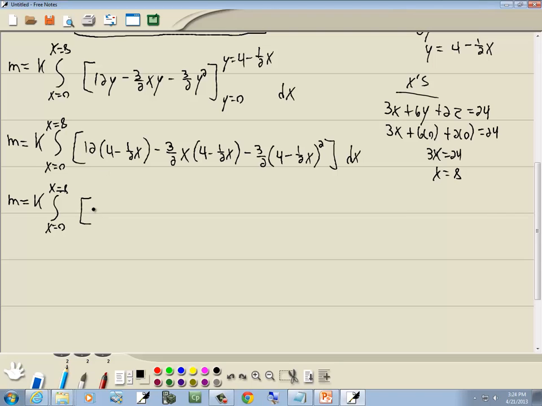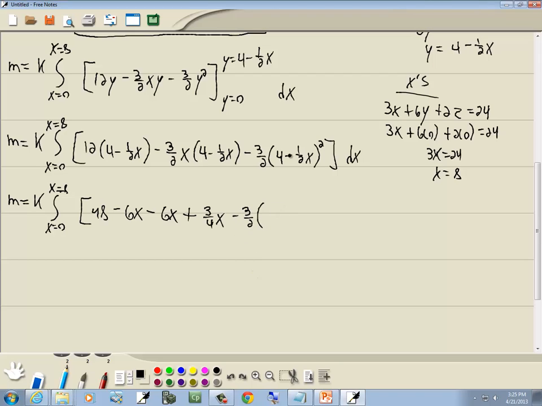And 12 times 4 is 48. Minus 12 times 1/2 is 6, so minus 6x. Minus 3/2 times 4. 3 times 4 is 12. Divided by 2 is 6. So we got 6x. Negative times negative is positive, and that gives us 3/4 x. Okay, let me double check. 12, 6, negative 6x, 3/4. Okay. Minus